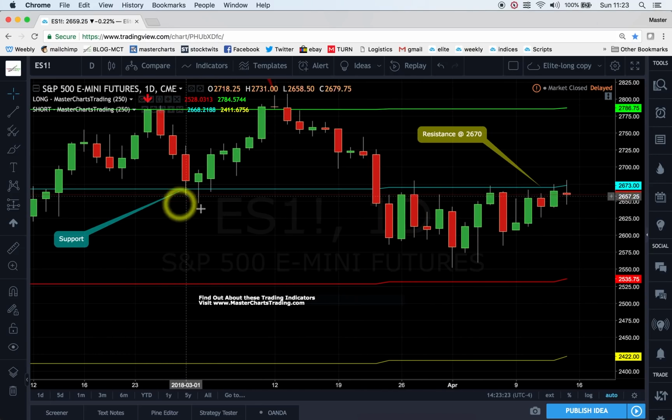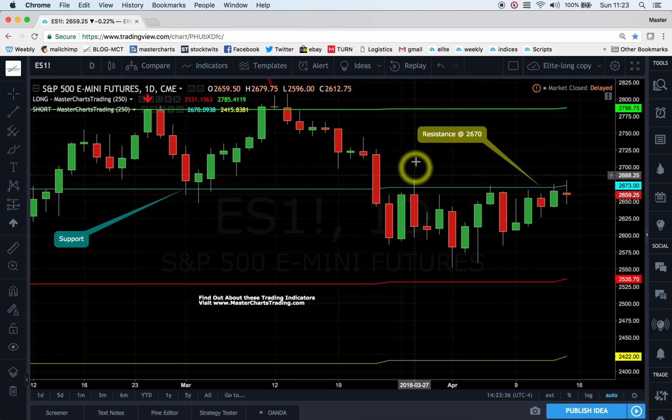So this is a normal support behavior. Then we have a broken support here on the 22nd of March, and now we have what's called a support that has turned into resistance. So if this blue line was before a support, now you can see on the 27th of March,